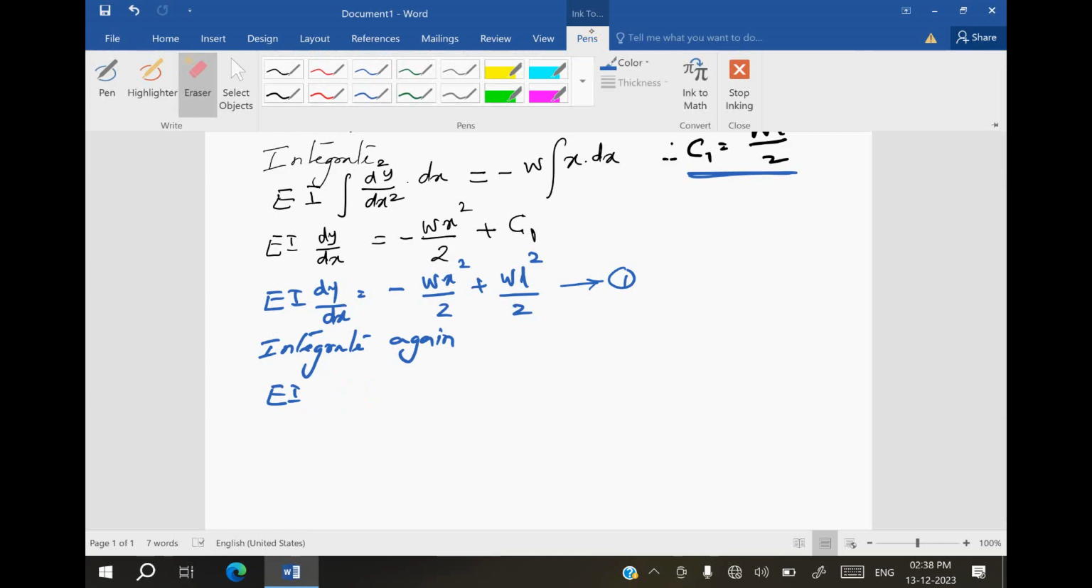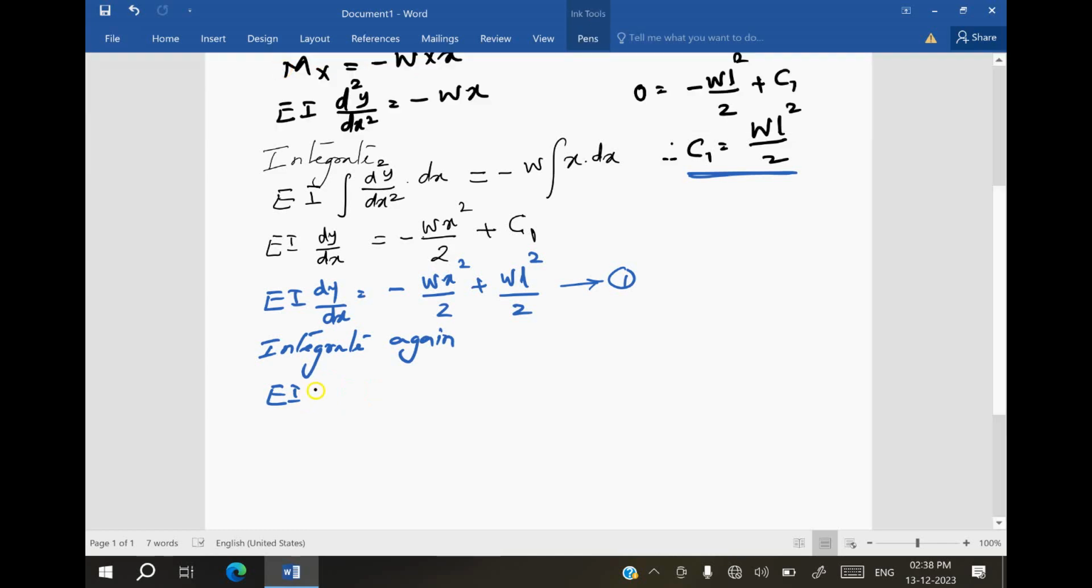So I will write again EI integral of dy by dx into dx is equal to minus w by 2 integral of x square dx plus wl square by 2, everything is constant, integral of dx, is it not? So now this will become what? EI